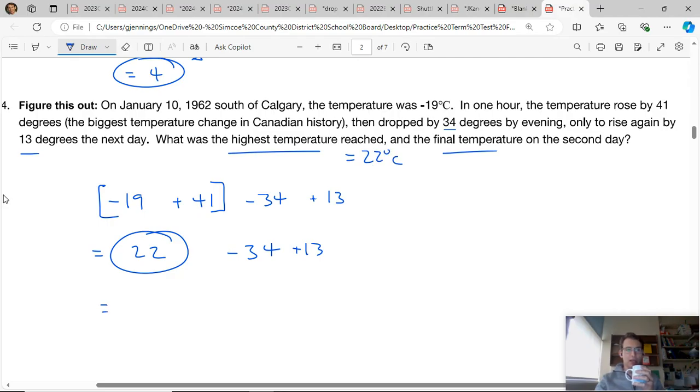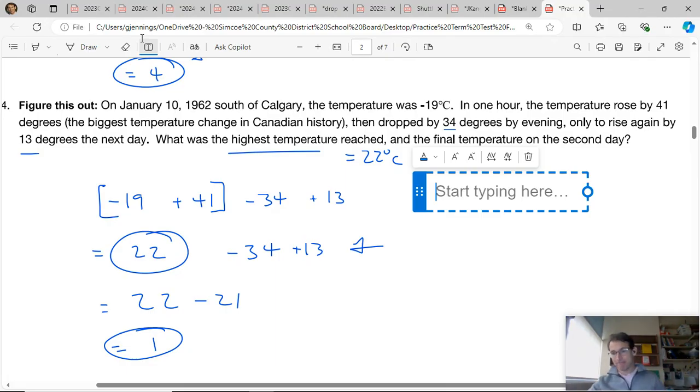Okay. And then we're going to do the final temperature, which is going to be the rest of this business. Okay, so minus 34 plus 13 is the same thing as minus 21. So this is 22 minus 21, and final temperature is 1. So that's the final temperature reached. So then you would have